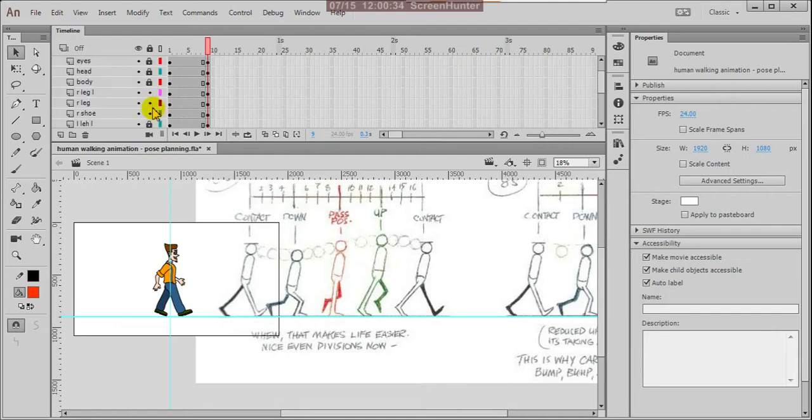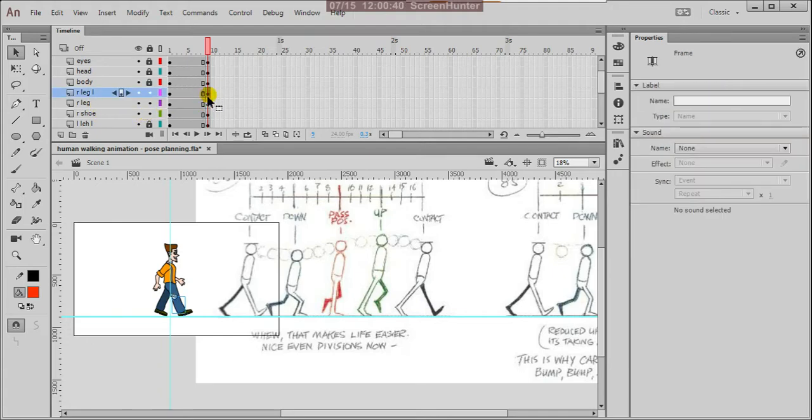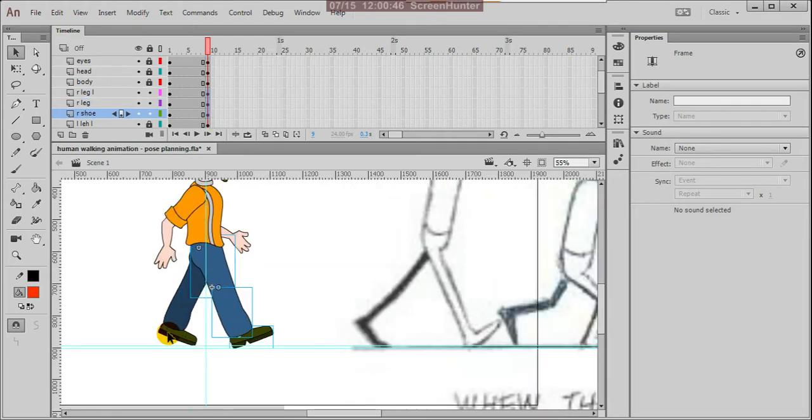Open the R leg, R leg lower or R leg shoe. So select them, this. Now what we do, pressing Q.